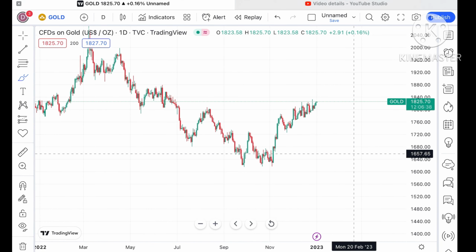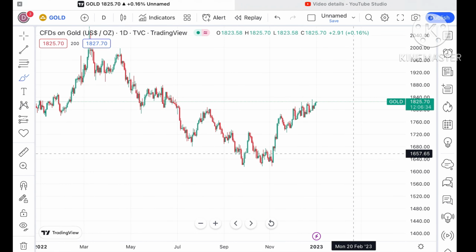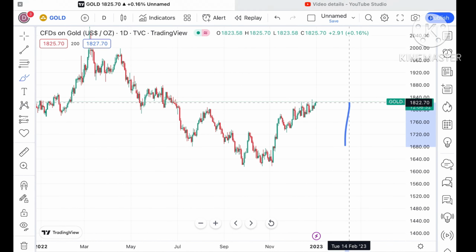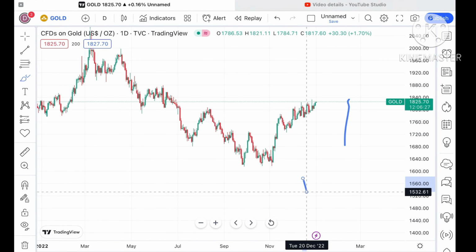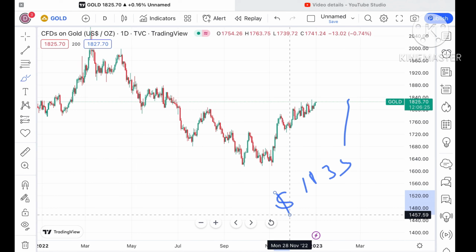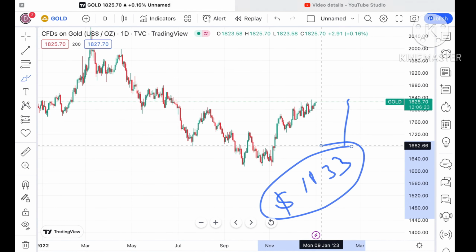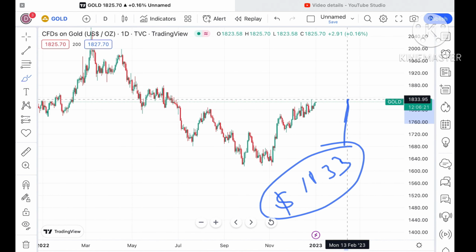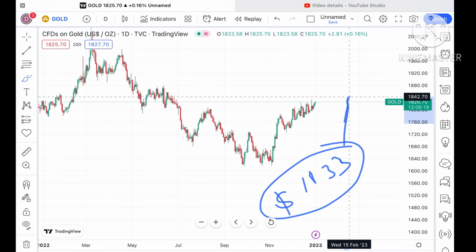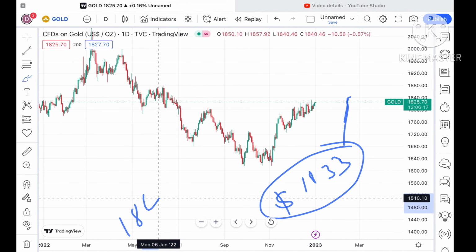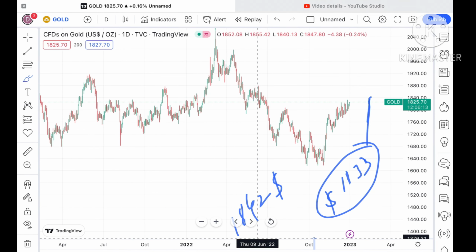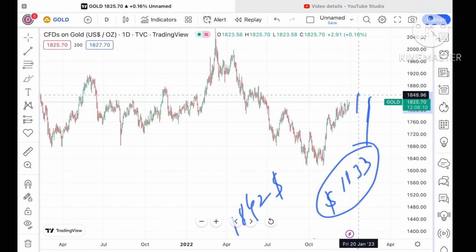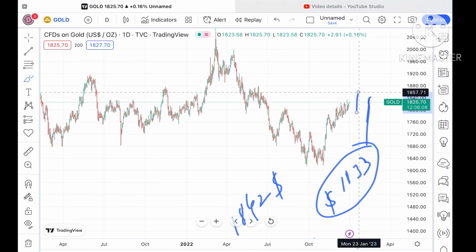Okay, so now suppose the price sustains this particular level on the higher side. Yes, it can sustain, as I've told you in my previous video also, that it can go further upside and there is a probability of touching 1833. This 1833 is a weak resistance, so chances of moving further high are there. We can see it go further upside towards a level of $1842. And if the price sustains above that level, then it can go further upside to a level of 1848, and then from there